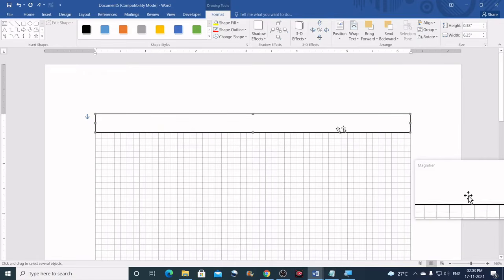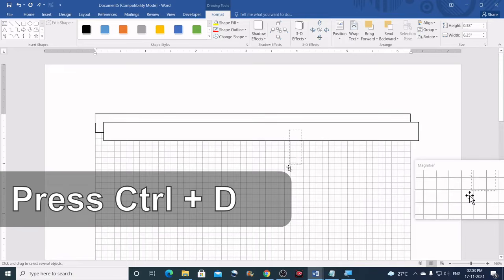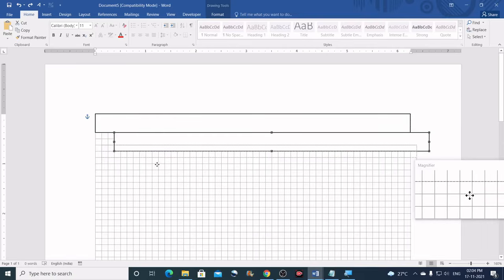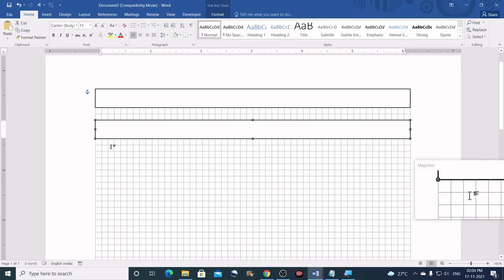Now we can easily duplicate the shapes together. To do that, you can press Ctrl D on the keyboard, just like that, and then click and drag this down. Now I'm going to leave 2 lines here and then copy the grouped shapes after 2 gridlines. I'll make sure that there are 2 lines of gap, I mean the gridline gap, between the grouped shapes.